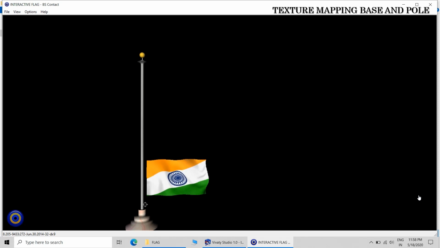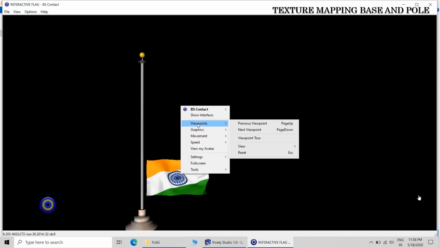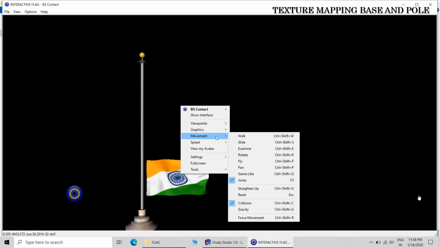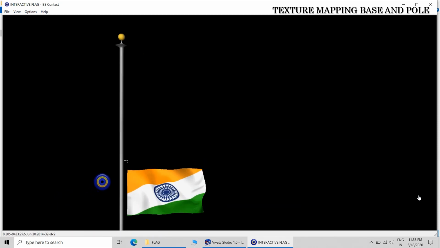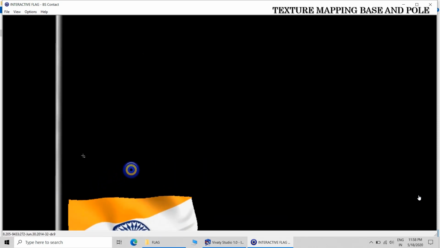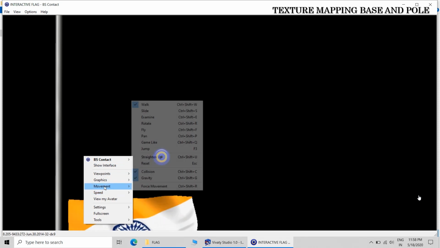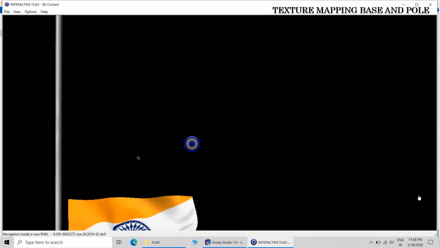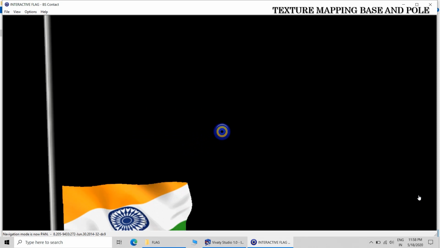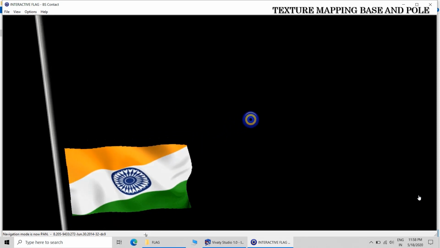In such a condition you can use the walk tool. That is simple, because the jump tool may not work. The walk tool will work. So you can come close to this distance, not more than this.